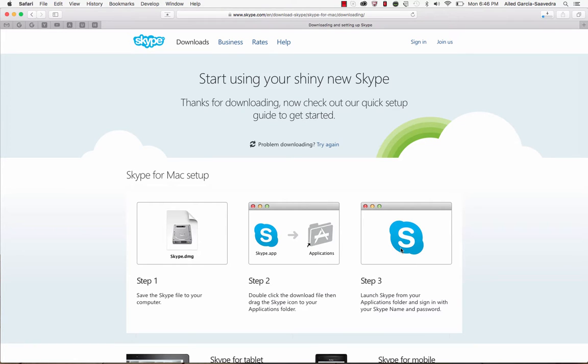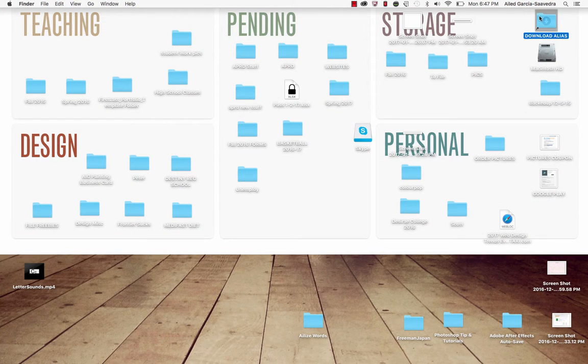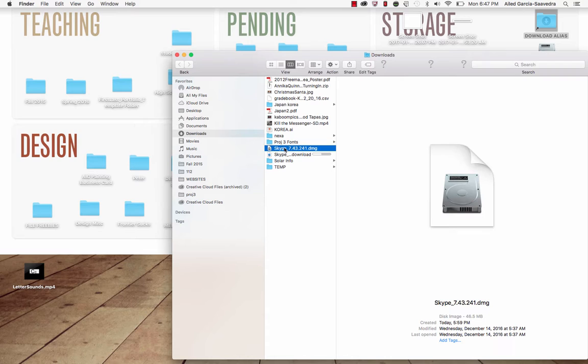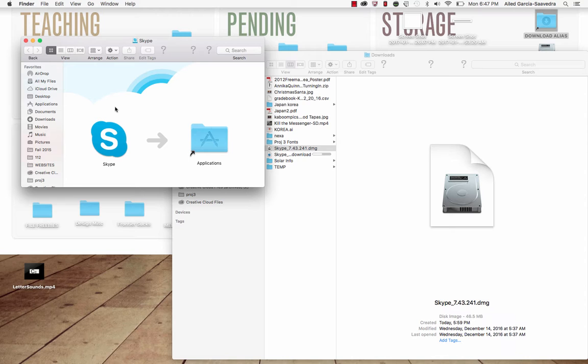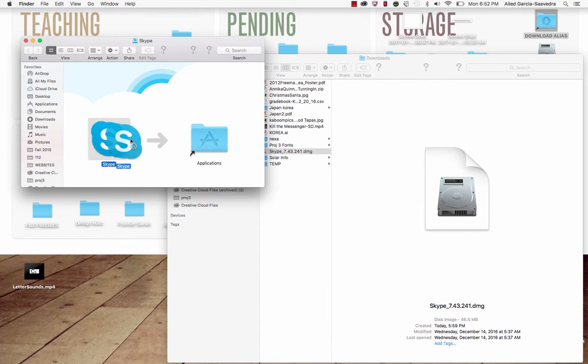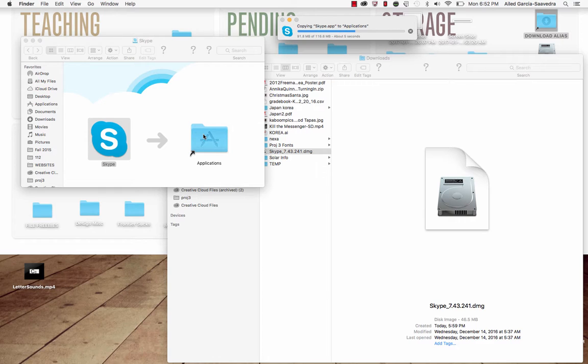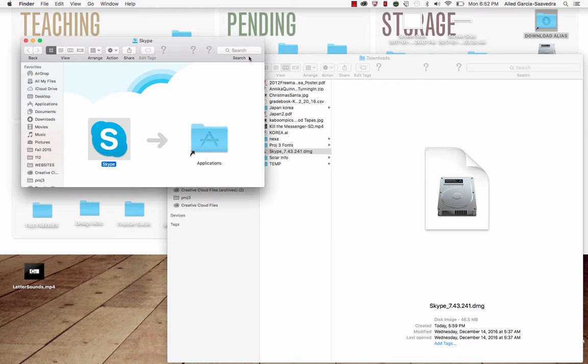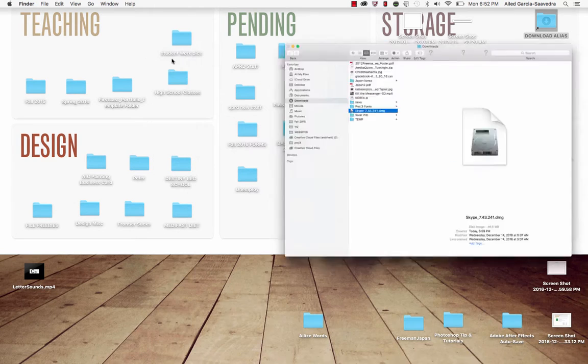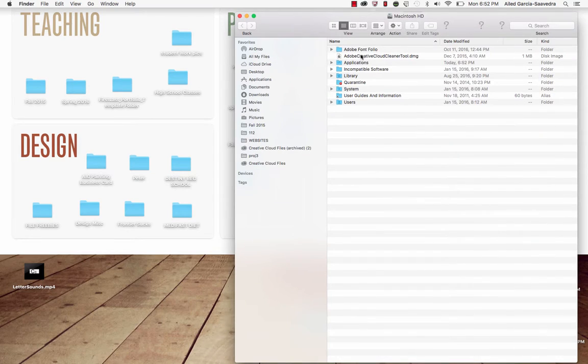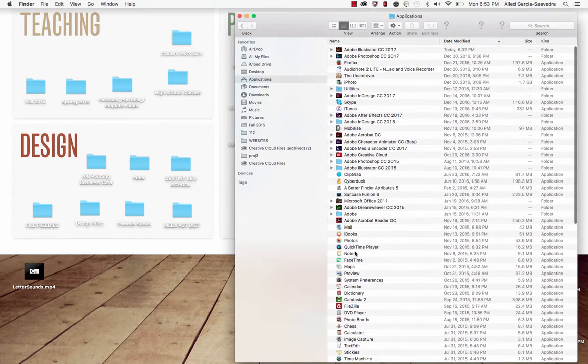Okay, so I'm going to go ahead and minimize this. I've actually already downloaded it. And if I go into my downloads folder, I'll notice that it's here. And what it told me to do is to go ahead and double click it. Your instructions may be different if you're on a PC, so follow those. And then according to the instructions, you're going to drag that in there. And then once it copies into your applications folder, you can go ahead and close out of here and go into your hard drive and look at your applications folder, and you'll notice that Skype is now in there. So if you go ahead and you double click that,